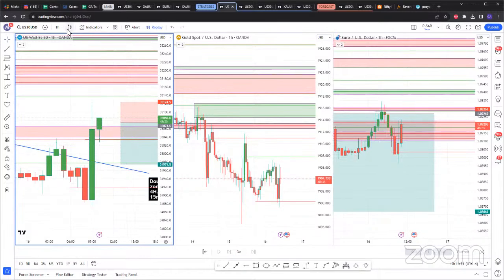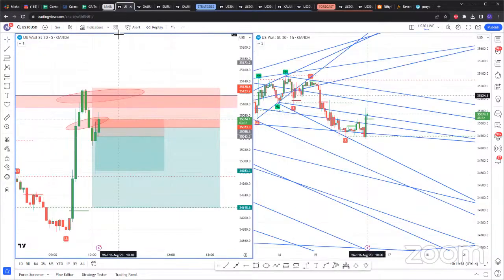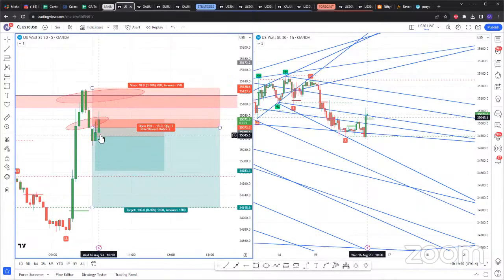All right, so it's coming up. I'm still in the trade. I'm like 10 pips away from stop loss. So depending on when you entered this, if you entered when I said I entered, you should still be in the trade. So my trade missed stop loss by like 2 pips or something. So I'm still in this 5-minute trade as well.